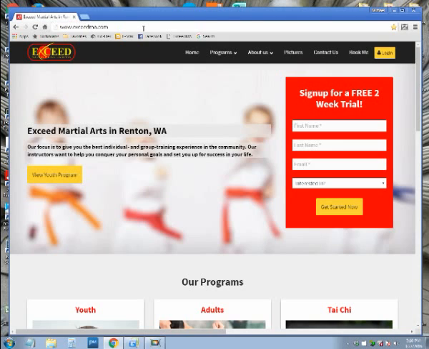That's going to bring you up to our Exceed Martial Arts webpage. Now, to get into the webpage, all you have to do is come up to this login button. You're going to use this login button whether you have a login already, you forgot your password, or you want to create a new account. So if you want to do any of those three things, always use the login button to access the website. So now I'm going to go ahead and click on login,